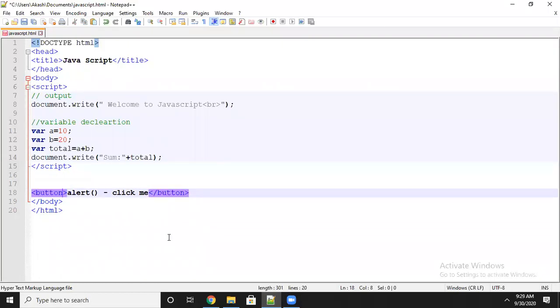I will write a function inside. In JavaScript also, three types will come: inline, internal and external, the same as before. Inline means we have to write within a tag. Internal means we have to write within a script tag. External means we have to write it separately. Okay, now what I am doing with alert